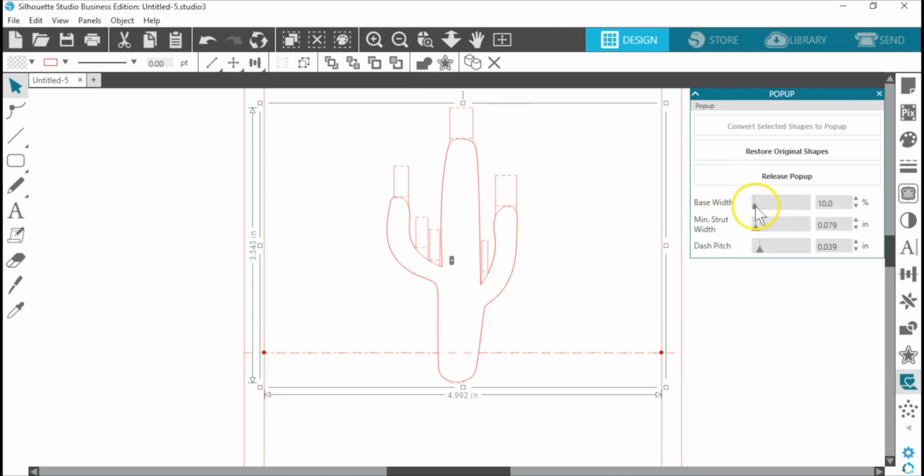For this cactus, I'm going to change it to a base width of 20%. The base width changes the very bottom connection. The minimum strut width avoids letting some of those connections be too skinny. I'm going to change mine to 0.085. The dash pitch is controlling the width of the perforations on the struts, and I'm going to set that at